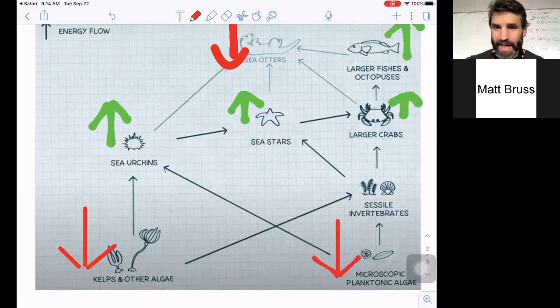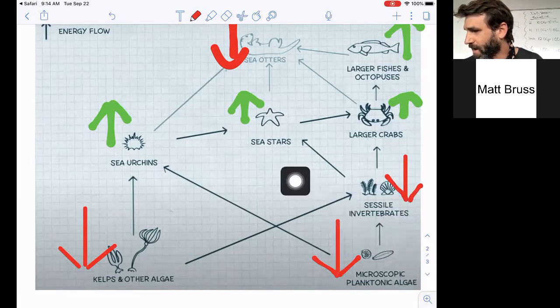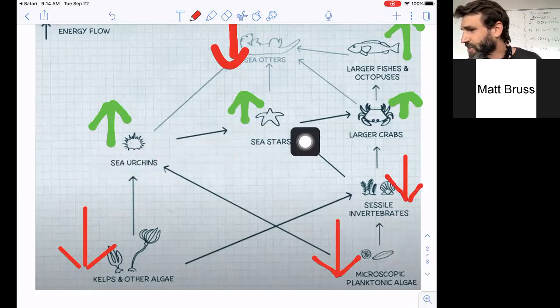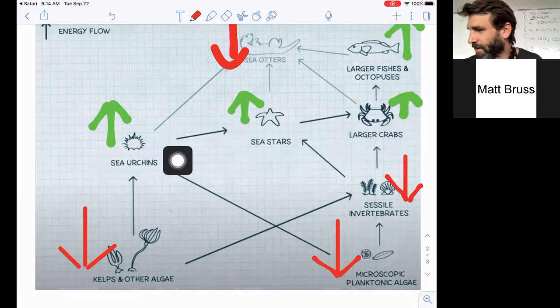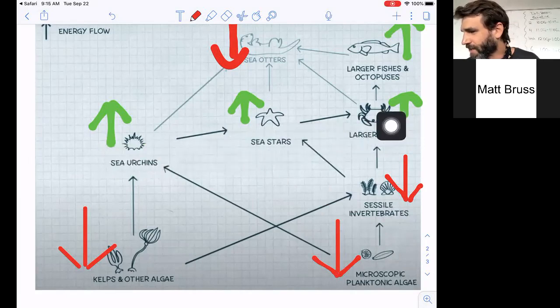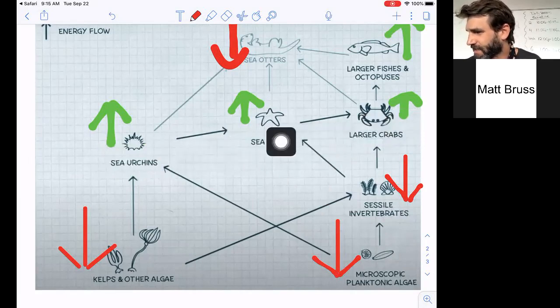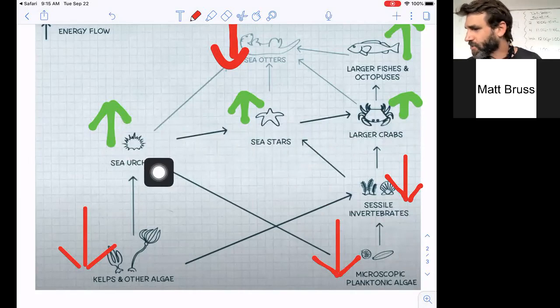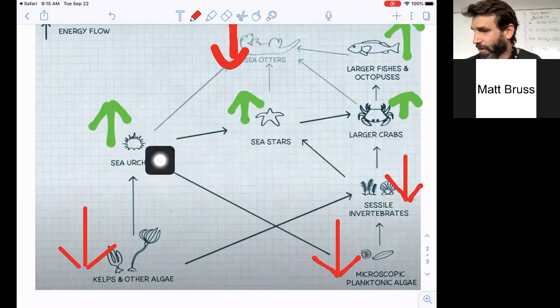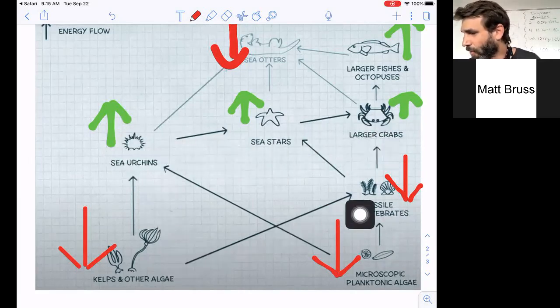Sea stars, if they've gone up, they're invertebrates, they're going to start eating these, as well as also large crabs. So these things, these bottom of the food chain, are all going to go down because these populations of these primary consumers here, well, actually, sea urchin is only primary consumer, but these consumers are going to start eating more of these